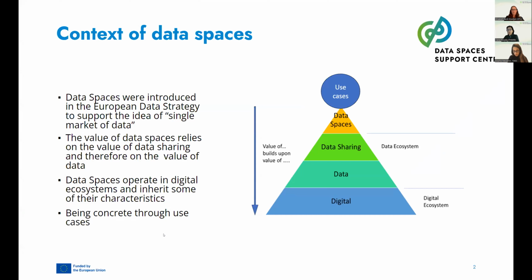So we are aware in the case of the data space for communities that we are not starting from scratch, we are starting from the digital systems that already exist in cities and communities. And of course, the data spaces become more and more concrete if we are able to identify specific use cases where to validate and to deploy all the mechanisms that are put on the table. And that's why this data space for smart communities is launching these open calls in order to identify these potential use cases and pilots, to materialize all that is in theory into practice.